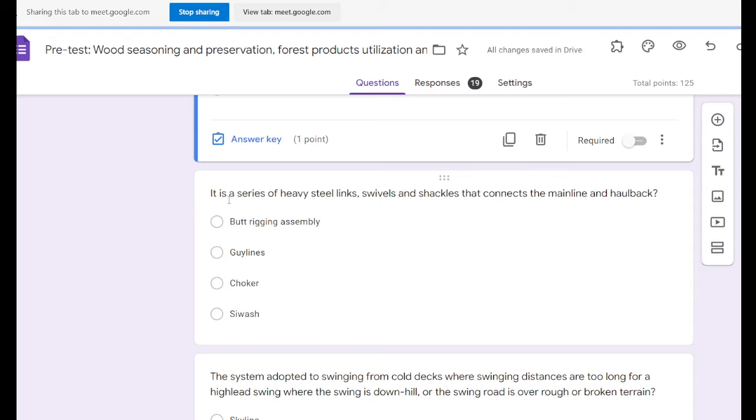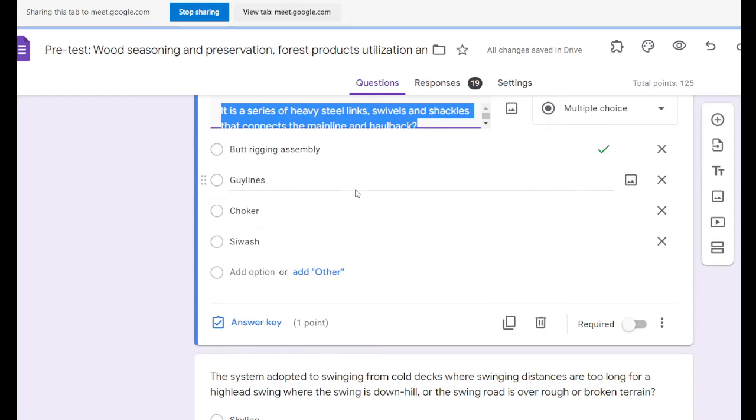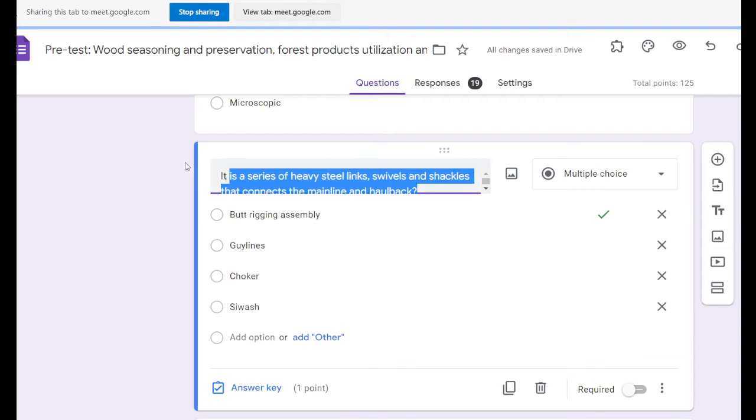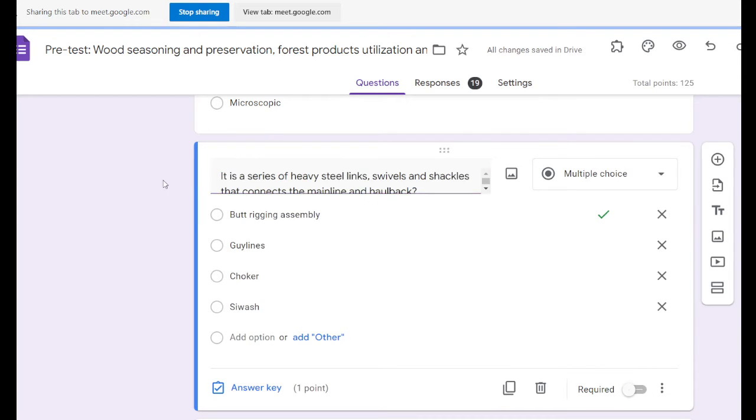Okay. Next, it is a series of heavy steel links, swivels, and shackles that connects the main line and holdback. This question is on timber harvesting. The answer for this question is butt rigging assembly. Okay, although you have not encountered timber harvesting as a topic, even in management or other courses, there are still occurrences of these types of questions in the board exam. That's why you still need to be familiar with these